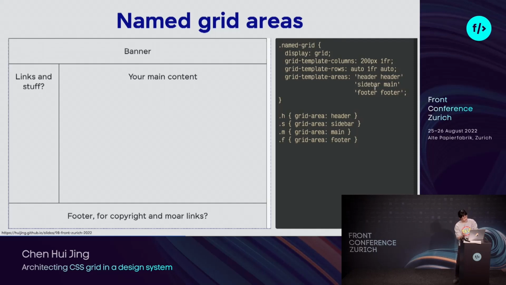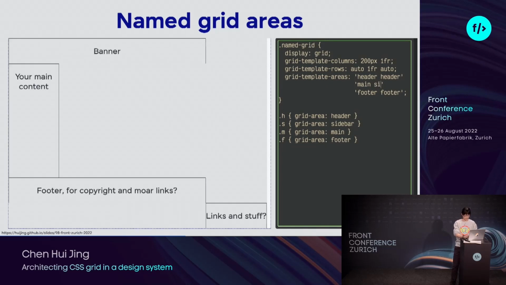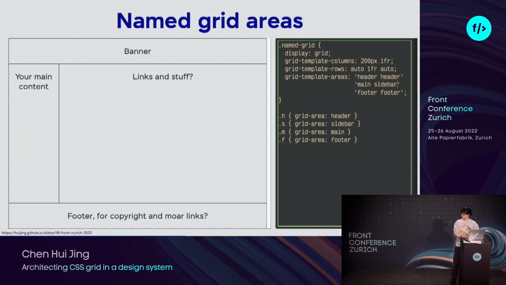And I like to make use of this for designs that need to break at multiple viewports, because all my changes can be contained on the parent selector, which is the grid. So if you see at the bottom, once I've assigned each grid item its area, I don't really need to change it regardless of what I do to the parent. So something rather straightforward. Let's say I just want to swap the position of main and sidebar. So I can do that.